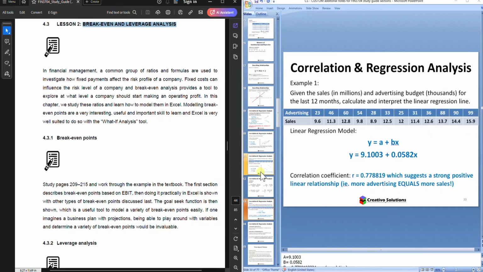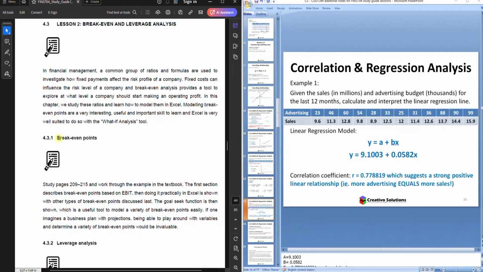FIN. Was it 3701 or 3702? I think it was 3702 where you had the break-even analysis. Or it might have been 3701 maybe. No, I think it was 3701. Do you remember that slide where you had fixed costs over the contribution, which is the selling price minus the cost price? Remember that? Yes. Okay, please refer back to that. I think I didn't add it to these notes because you've already got it from